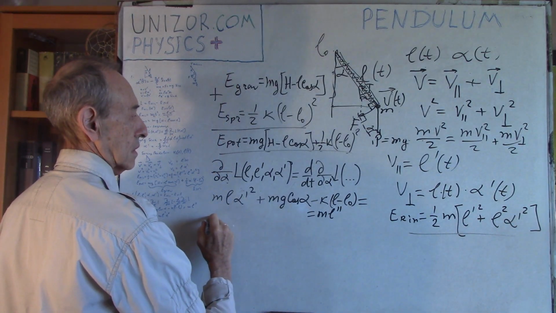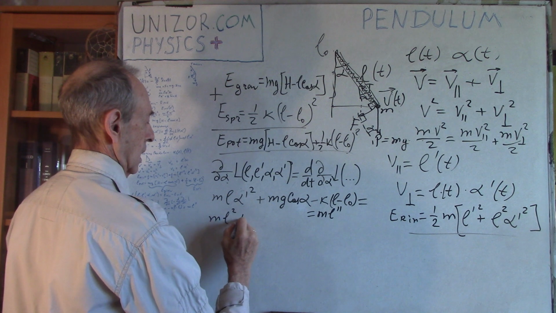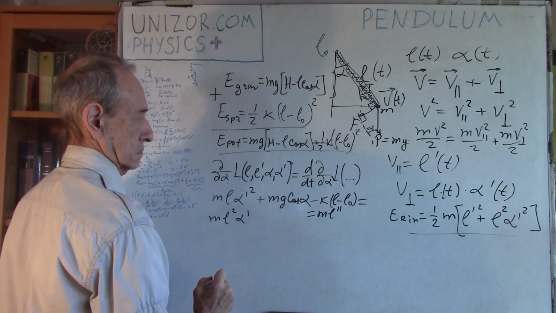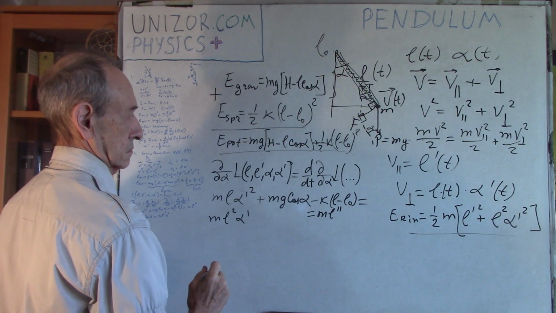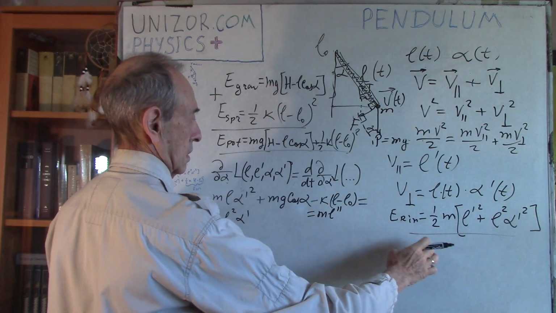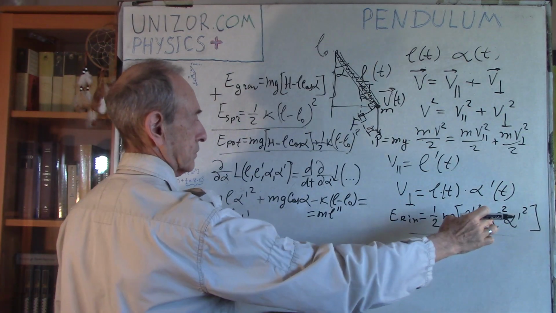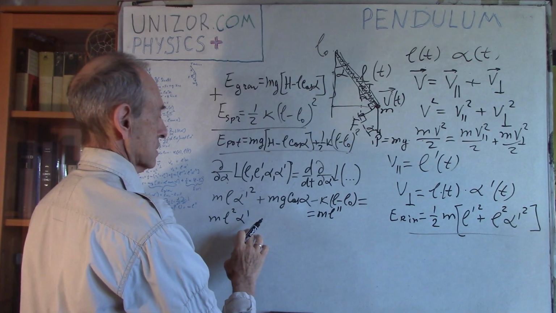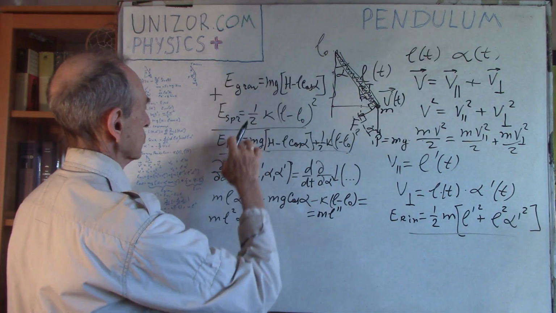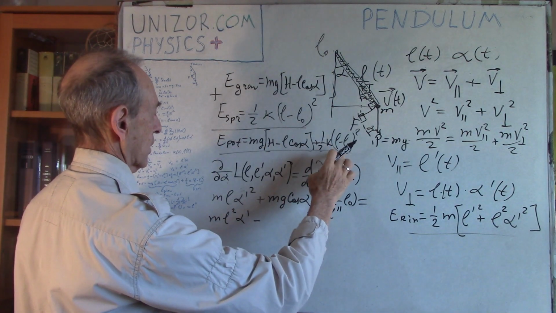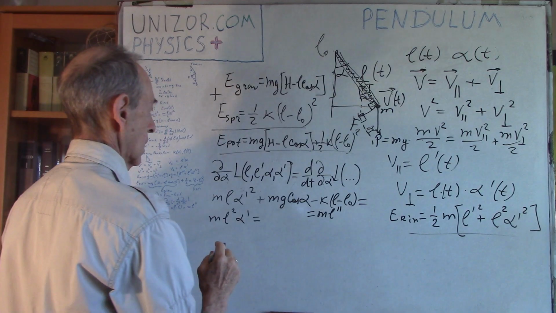So we will have m L square alpha prime, and 1/2 of, yeah, looks like this, minus potential does not have alpha prime at all. Okay, so the equal sign, and